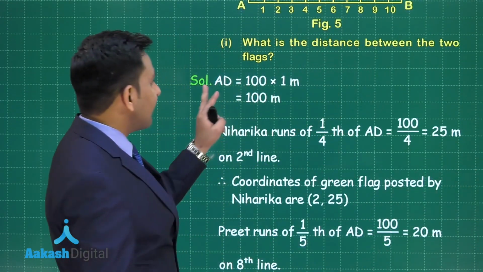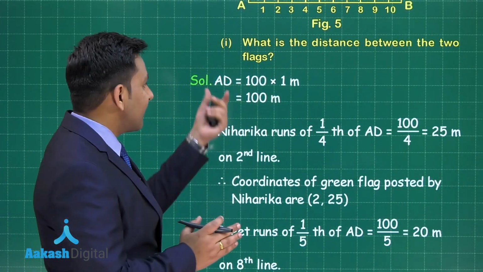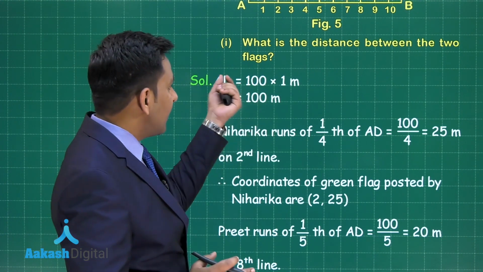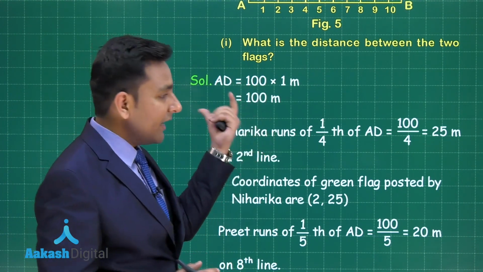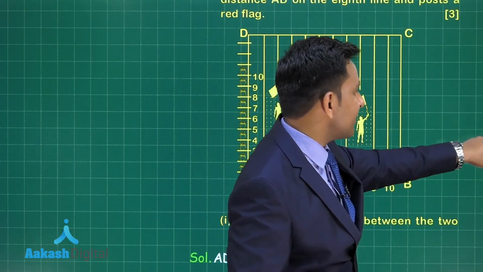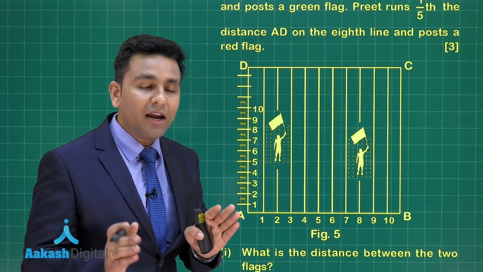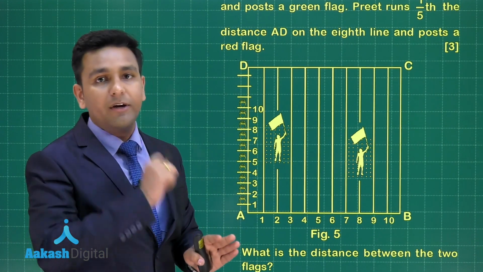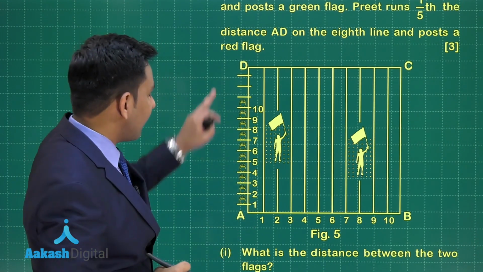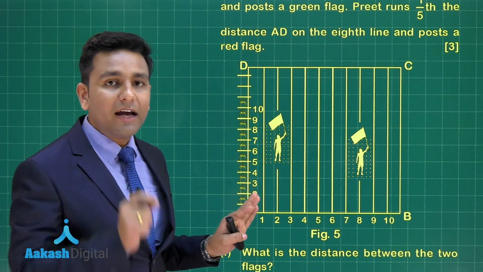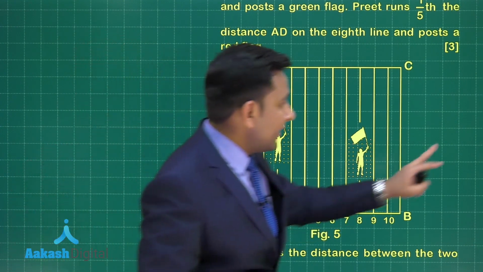So here first we have calculated the length of line segment AD. That is 100 multiplied by 1 meter as per the given information in this question. AD को 100 इक्वल सेगमेंट्स में डिवाइड किया गया है और हर एक सेगमेंट की लेंथ 1 मीटर दी हुई है. So that's why we can write the length of this line segment AD as 100 meter. Next,